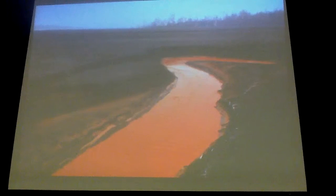So when the sulfur is separated from the metals that it's bonded with and is exposed to air and water, it turns into sulfuric acid. And then it drains downstream, and sulfuric acid is obviously very poisonous, very damaging to almost all living things. It also has the ability to leach out metals that were inert, bonded into the rock, and totally safe, but it can pull them out. It can pull out things like lead and arsenic and uranium and cadmium and all this other toxic